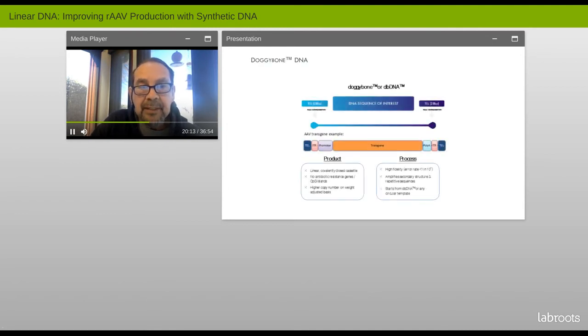If you go to the next slide, you'll see a cartoon that illustrates the so-called telomere sequence of 28 bases, followed by the ITR, followed by the transgene of interest. And this molecule is now linear, as I illustrated in the earlier manuscript, similar to the PV2 digested AAV sequences. Here we have a linear molecule that has closed ends, and as a byproduct of that, we have removed all of the plasmid backbones, the so-called CpG islands, and contaminants that one has become accustomed to in today's production.